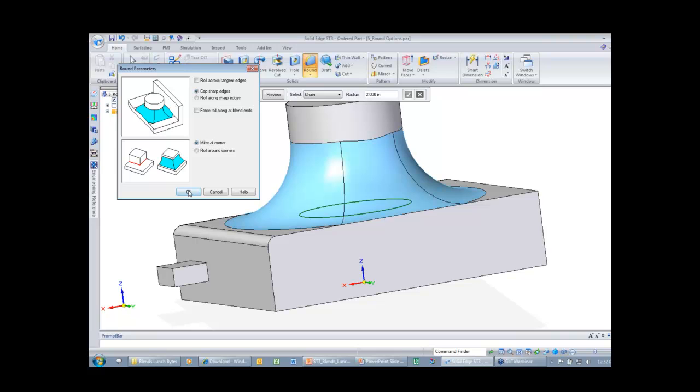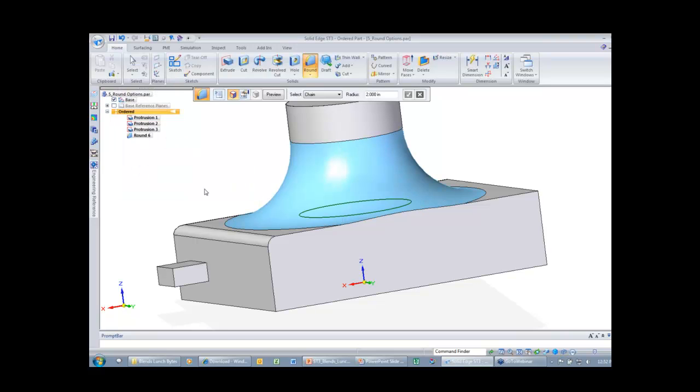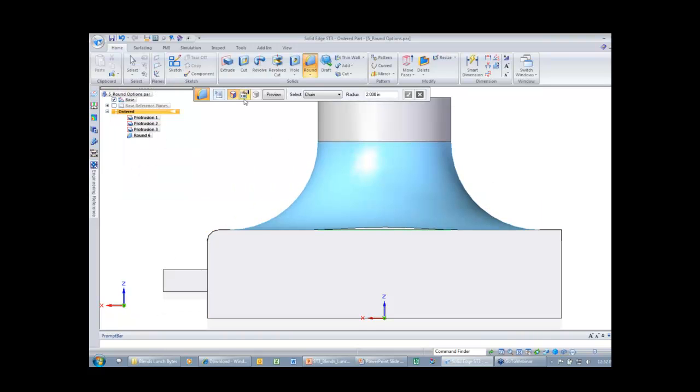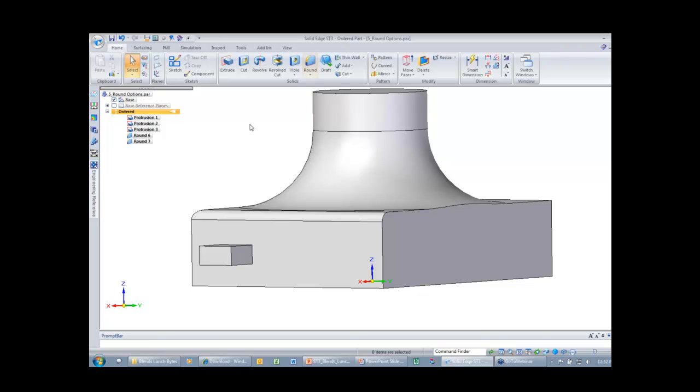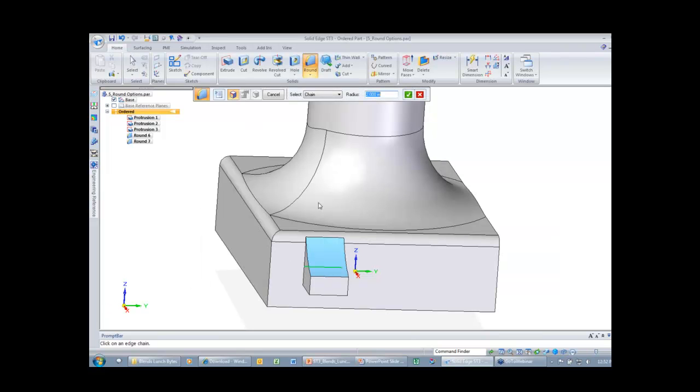Also, if I go back to a view, I hit OK, notice how it's starting to do that rolling effect. So there's some of the options that you see there with that particular blend. The final one that you see inside of those options, if I come down here, let's do something a little smaller,